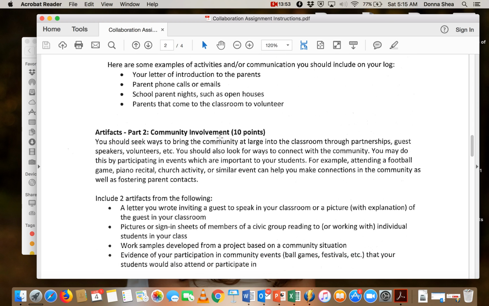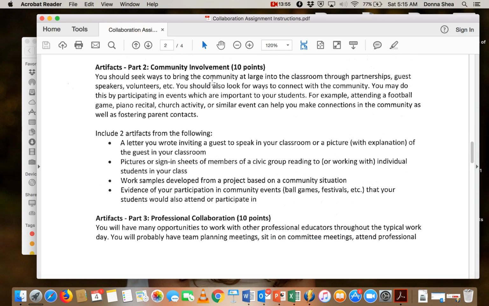For the community involvement activity, what you're going to do is have artifacts that relate to your communication and collaboration with the community, and that might just be a letter, or an email, or documentation that you made a phone call to a community member and asked them to be a guest speaker. Maybe you ask the mayor to come in and speak to your class. Maybe you ask the mayor to come in and read to your class. Maybe you ask a local doctor to come in and speak to your class. Maybe you had a project-based lesson centered around,